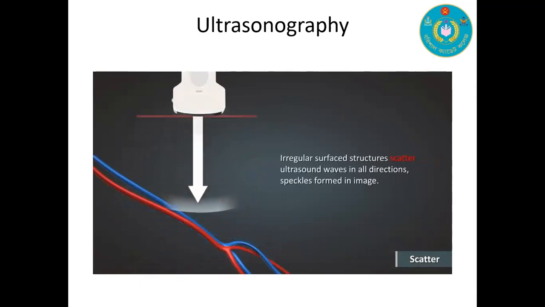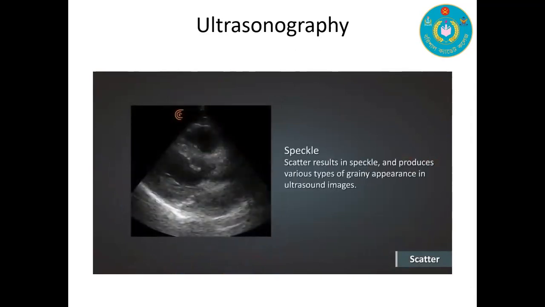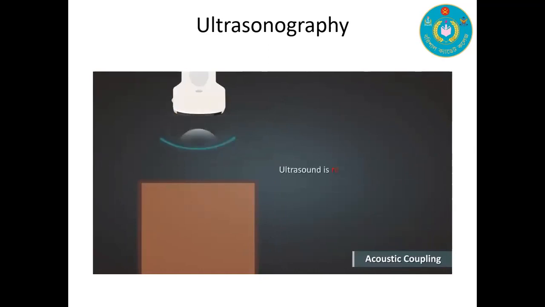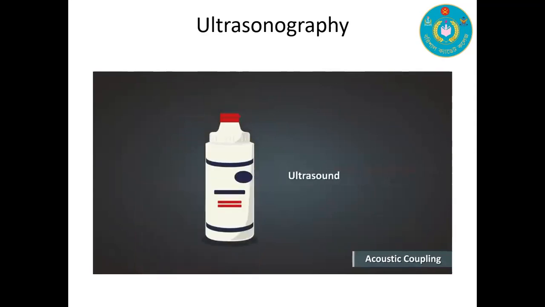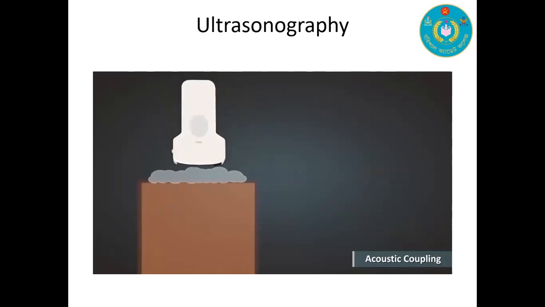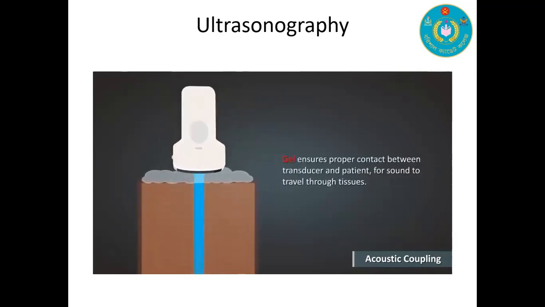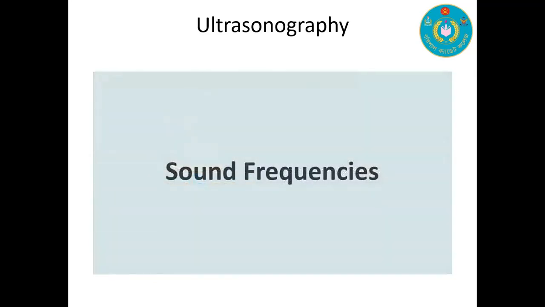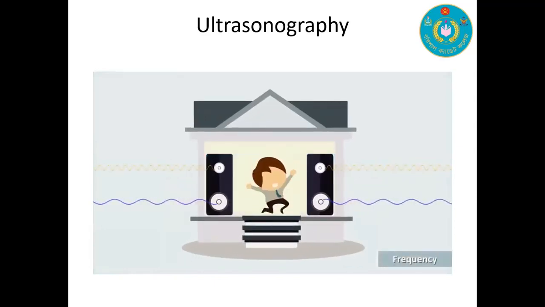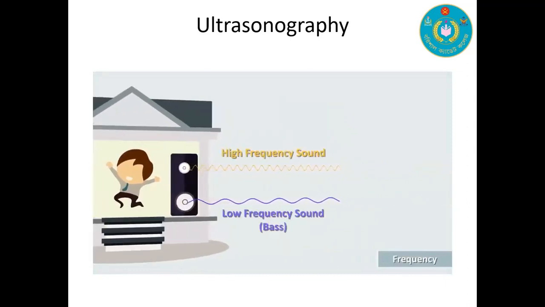Then we have many organs that act as scatterers. There are irregular surfaces, and there are many types of scatterers in our body. Then we have acoustic coupling. Ultrasound is reflected, and we want to avoid this type of scatterer. Then we use gel, and by using gel we can avoid the scatterer. Gel ensures proper contact between the surface and the transducer, and here we use a frequency like 1 to 10 megahertz, and that's beyond our